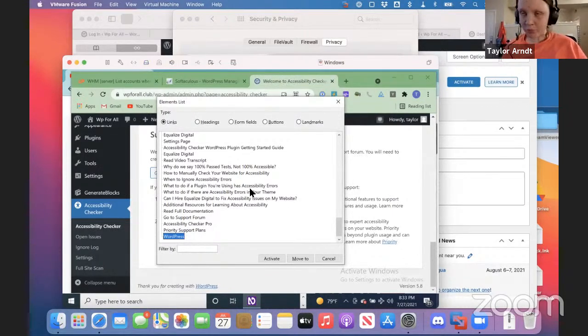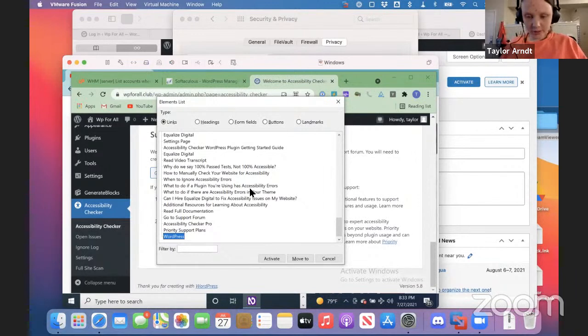But more importantly, NVDA is free and open source. And I wanted it to be approachable so that if other developers were watching this, they could also test and follow along. So that's one of the reasons why I used NVDA, and why we're also going to use VoiceOver on the Mac. So that's just a little bit of a disclaimer there.